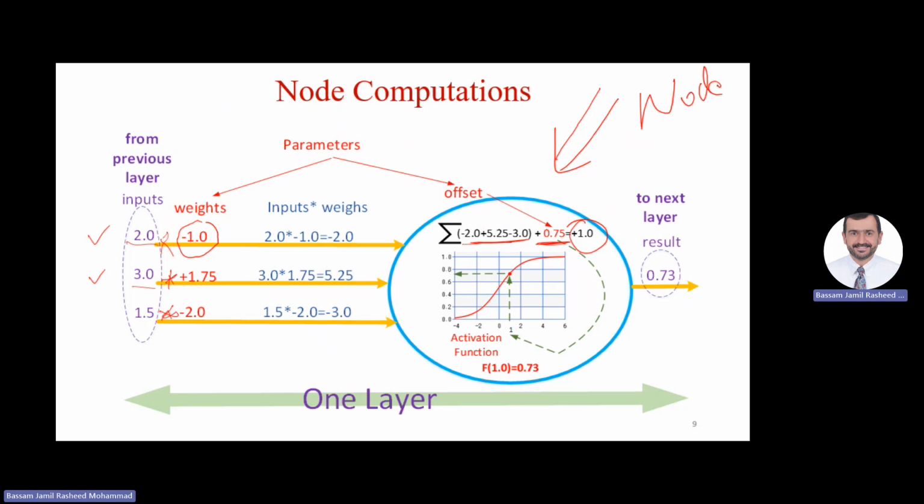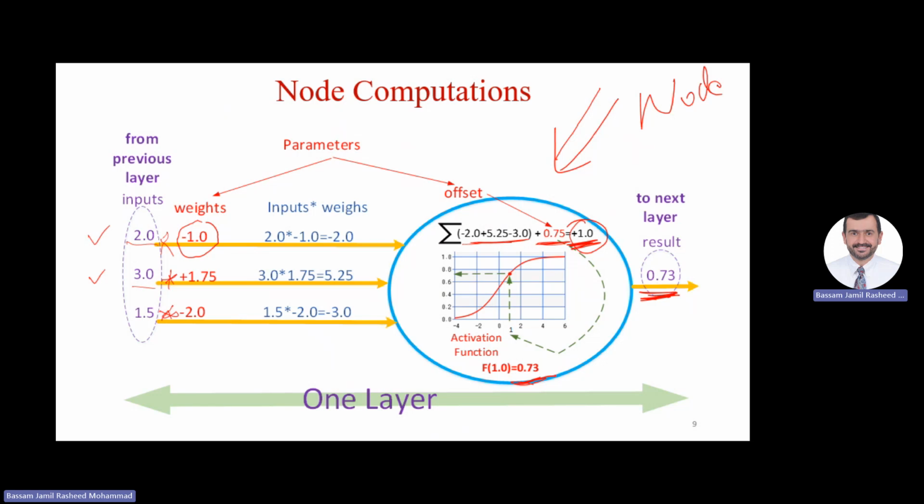So the node does what? It performs the multiplication of weights and inputs. Then it adds a bias. Then it applies what? The activation function. In this case, I have the sigmoid activation function, and the sigmoid activation function has this funny shape, and we'll discuss it later on. But I take whatever output here, which is 1.0, and I apply it to the activation function. I get what? 0.73. And that becomes the output of my node,